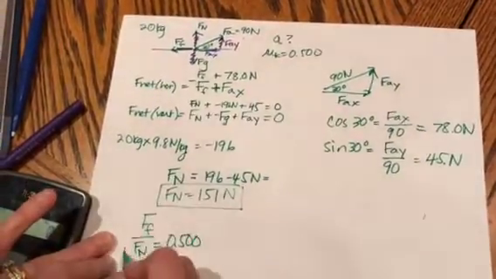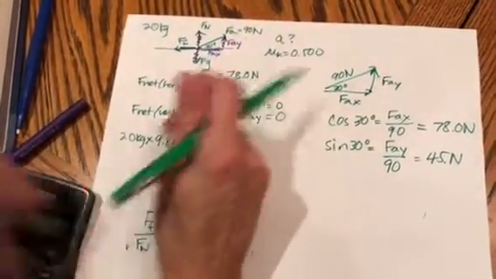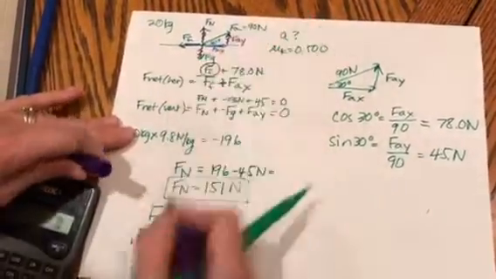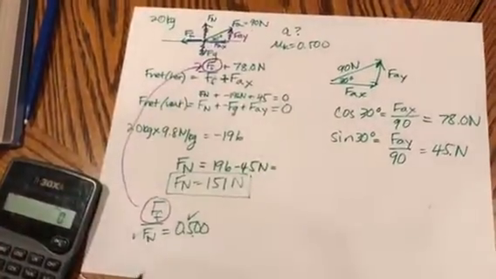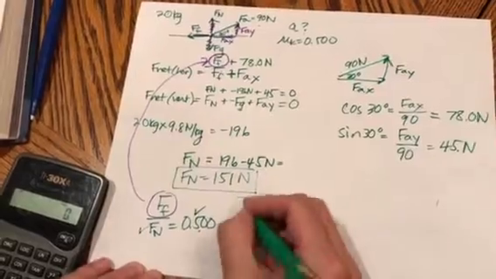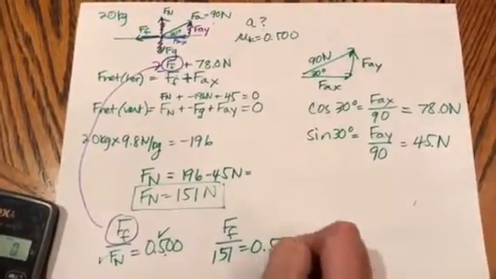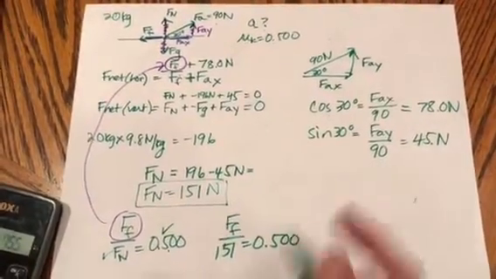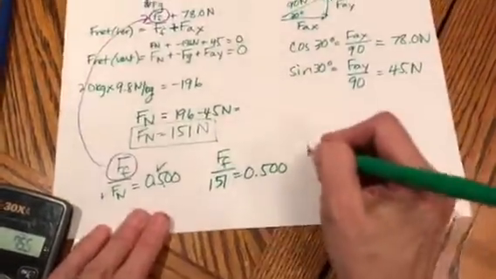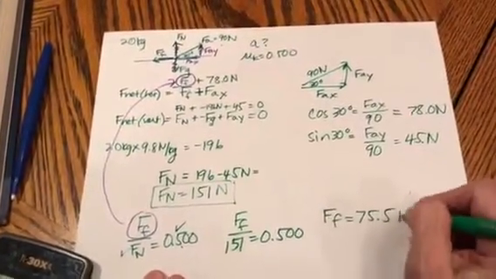So let's plug in this F of N. This is my mu, and I can now solve for that. So we're going to take F of F over 151 equals 0.5. 151 times 0.5 is going to give me a force of kinetic friction of 75.5 newtons, and